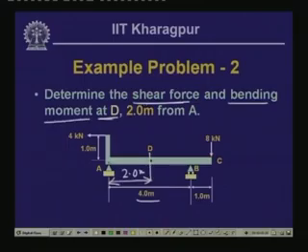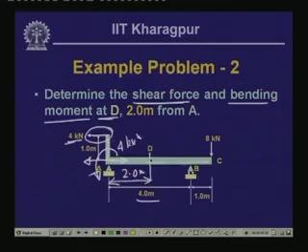Now, if we look here, we have a load of 4 kilonewton which is acting at a distance of 1 meter, vertically 1 meter above this particular support point. Now, here of course, we neglect the weight and we take up to the center of the beam as the transfer of this. Now, this particular force can be transferred at the center of this beam. Now, if we do that, then since here we did not have any force, we will have to have an opposite force. So, this force along with this forms a couple which is anticlockwise in nature, and the magnitude of this moment will be equal to 4 times 1, which is 4 kilonewton